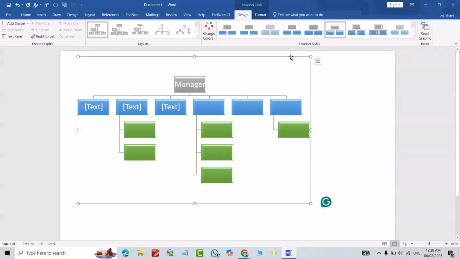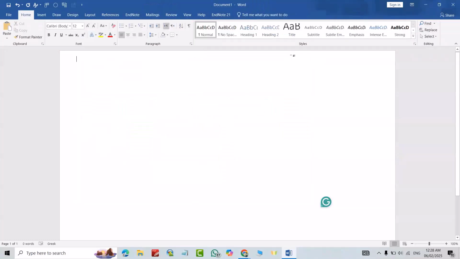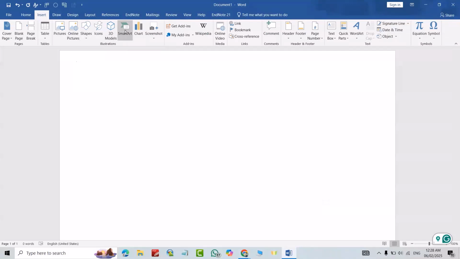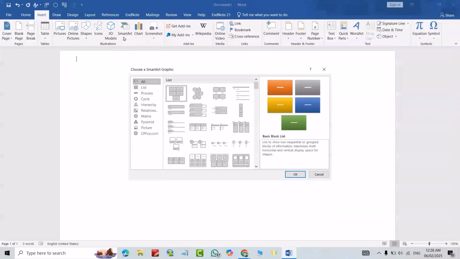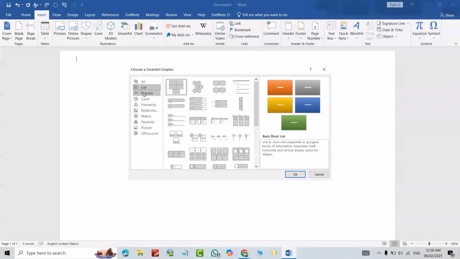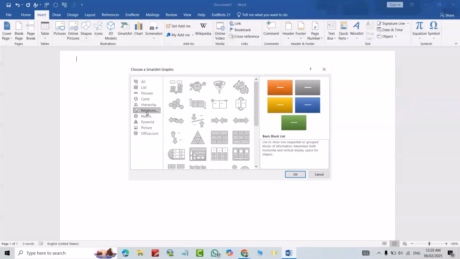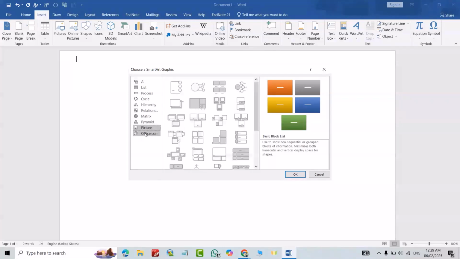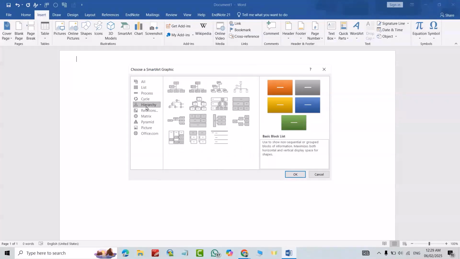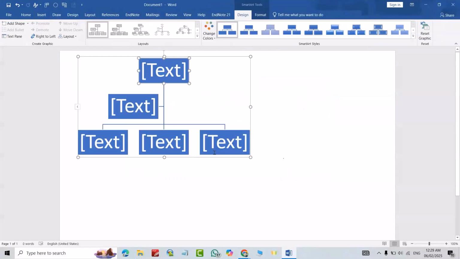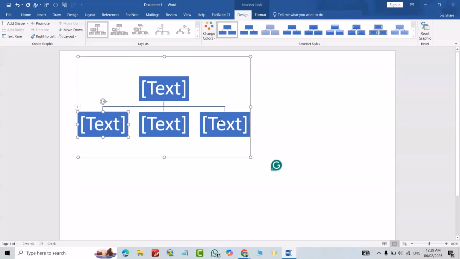Let's do it. First I delete this one. Okay, from Home go to Insert, then add SmartArt. Then here you can select it. Here we have different types, as you see. For example, I selected Hierarchy and I selected this type or this type. Okay, now I delete this one, and from here